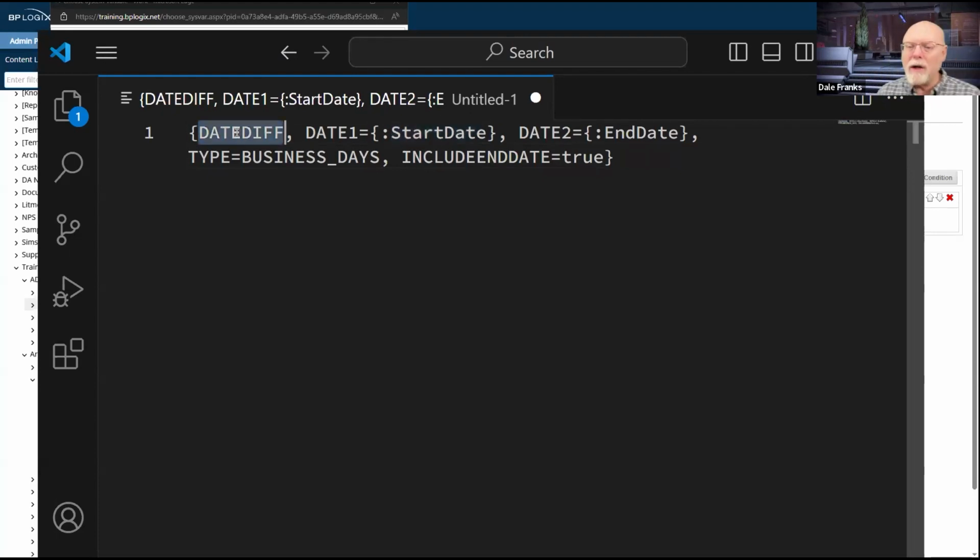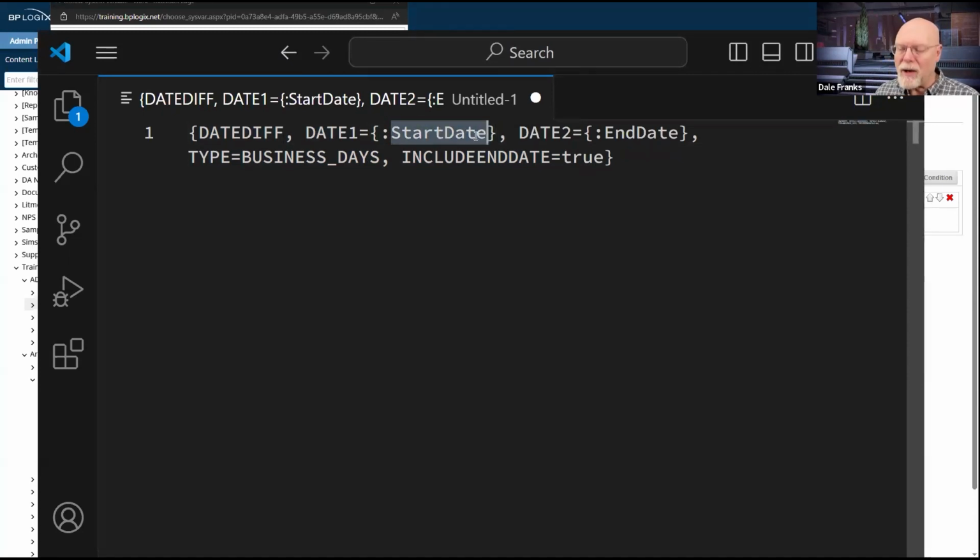So I want to do what is called a date diff. I want to calculate the difference between two dates. A date diff basically takes two main arguments. There are some other ones here that we'll get to in a second, but it takes two main arguments. The start date, the date I want to start my calculation with, and the date I want to end it with.